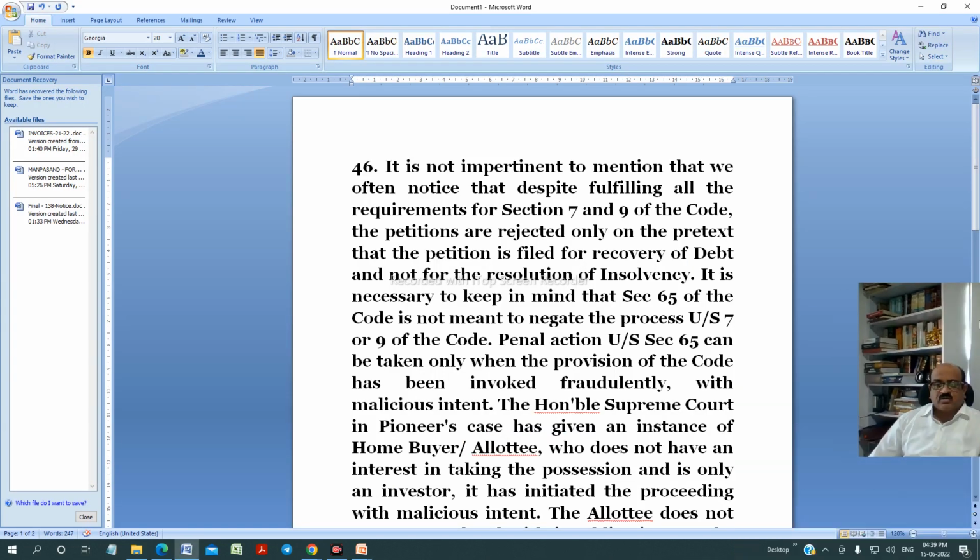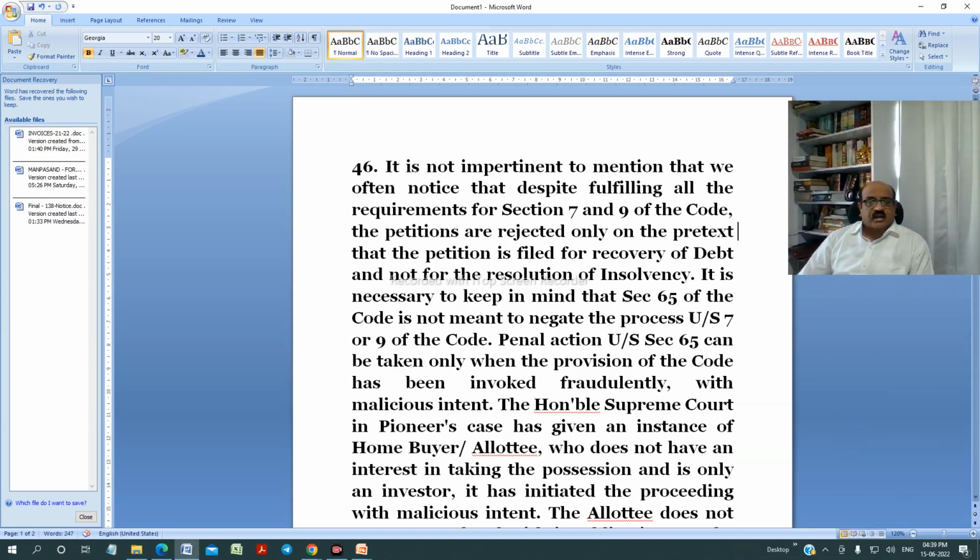This is the content of section 65 related observation made by NCLAT in the said matter, where I have copy pasted this particular section separately. Now the paragraph 46 of this judgment I'll read. It is not